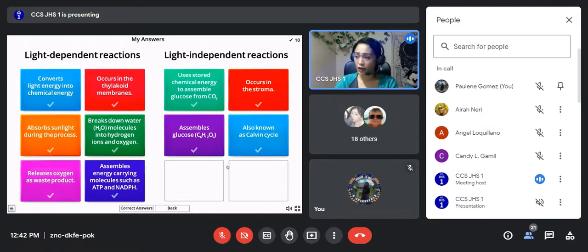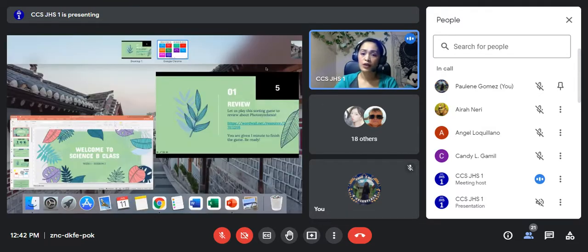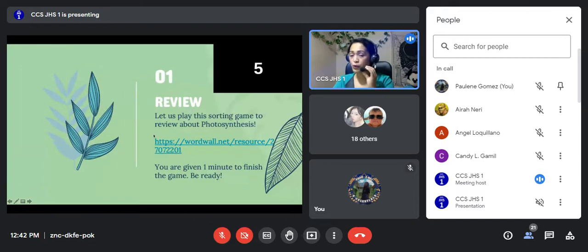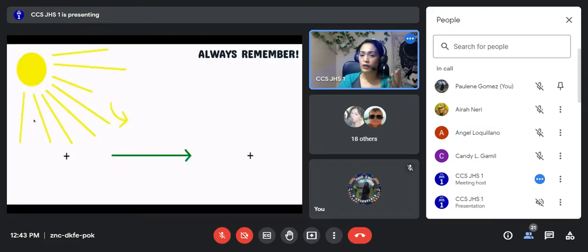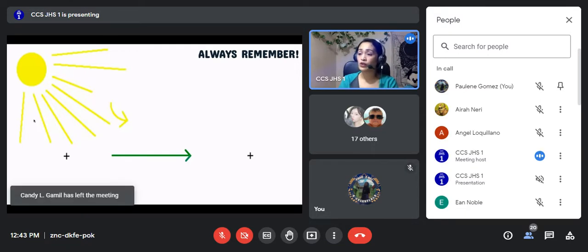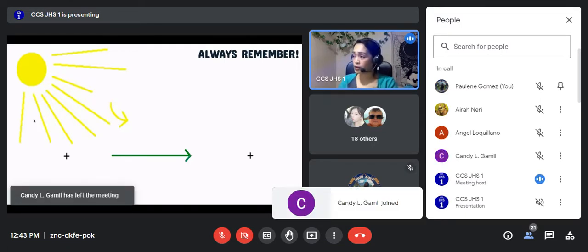So let's now go back to our presentation here. Thank you so much to those who participated during our review. Hopefully, based on the result, more or less you're now familiar and aware of the different characteristics between the two stages of photosynthesis. Here, another important thing that we need to remember based on our discussion from yesterday,